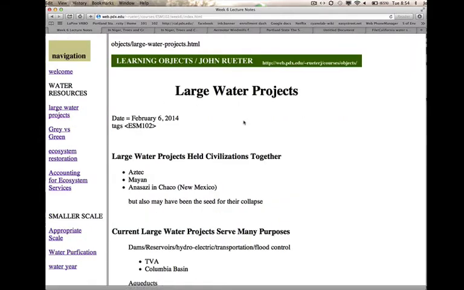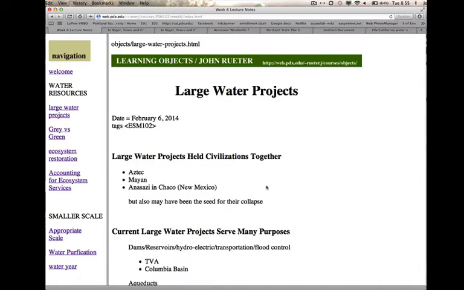So, large water projects have held civilizations together. The Aztecs had a series of canals and used the water release into these canals to create food to feed a very large population. The Mayan civilization had much better access overall to water, but still there were water storage and water access issues. And the Anasazi in New Mexico had a water system that brought in waters from the foothills into the irrigated agriculture areas, and they had an enormous civilization there with very large buildings and centralized